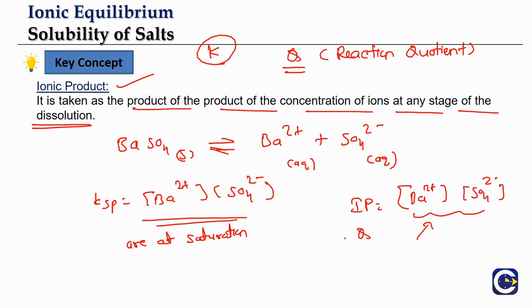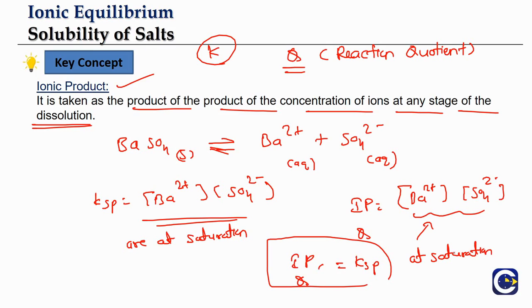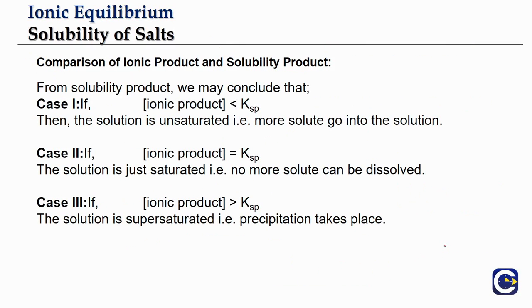And if we reach saturation, what is going to happen? This ionic product, or Q, is going to be equal to KSP. That basically means we are at saturation. So when the ionic product and KSP are equal, we are at the saturation level. Now just like the reaction quotient in a normal chemical equilibrium is used to track the progress of a chemical reaction, here also the comparison between the ionic product and KSP is used to understand the level of saturation. For example, if the ionic product is less than KSP, the concentrations of ions can still increase further in the solution, meaning the solution is currently unsaturated, and we can dissolve more solute.